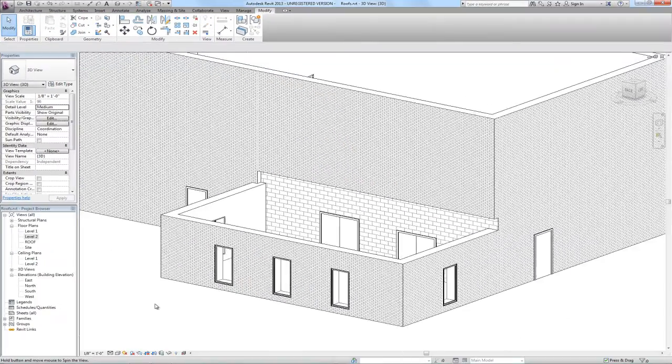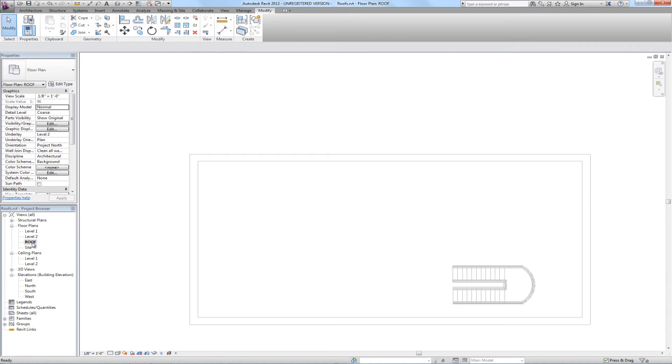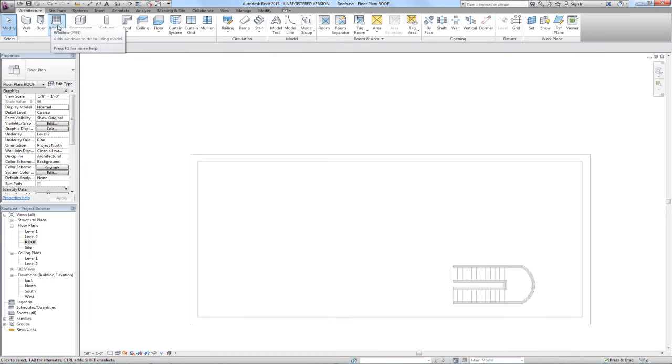So now we won't worry about how we can clean up these other conditions here at the corners, but we have our model all set up and ready for the roof to go on. So we'll go ahead and switch to the roof floor plan view. On the architecture tab, we will select the roof tool,